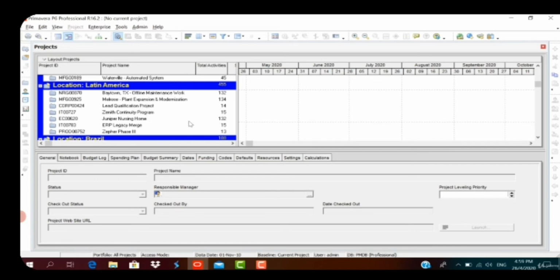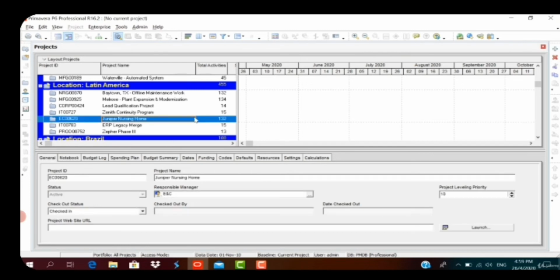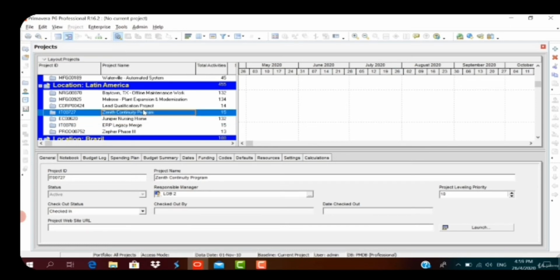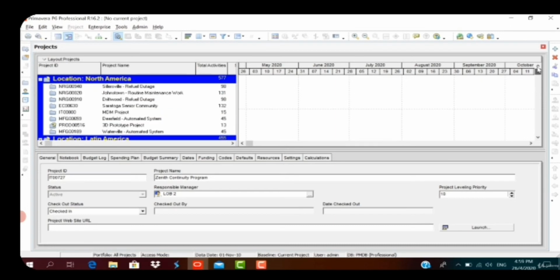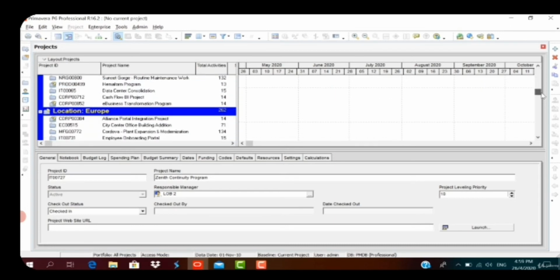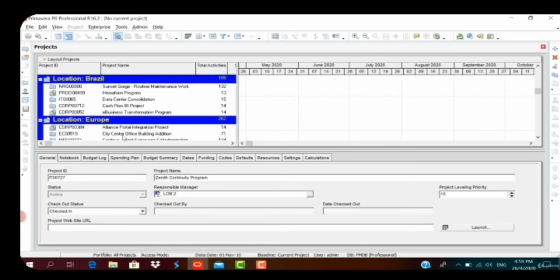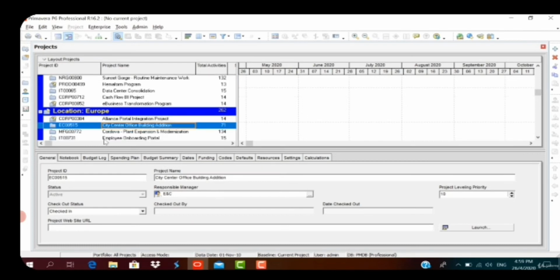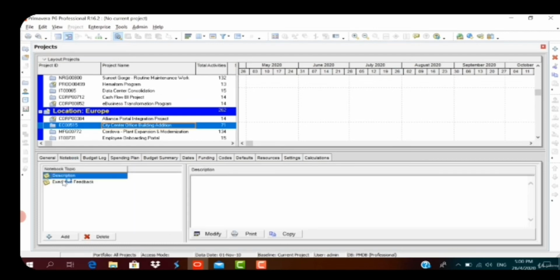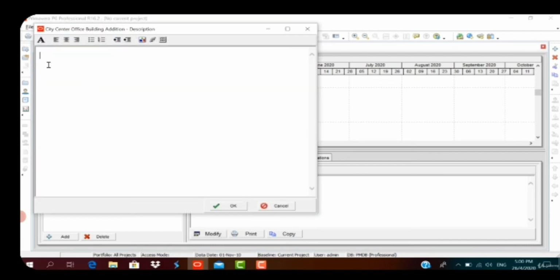We will take one example project such as Juniper Nursing Home or Janit Continuity Program. We'll go for a construction project. Okay, you can see the project ID, the priority level. Notebook consists of the descriptions and executive feedback. You can add the descriptions here. Click on it, add the description,